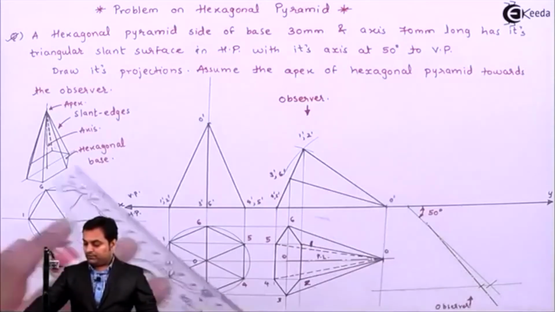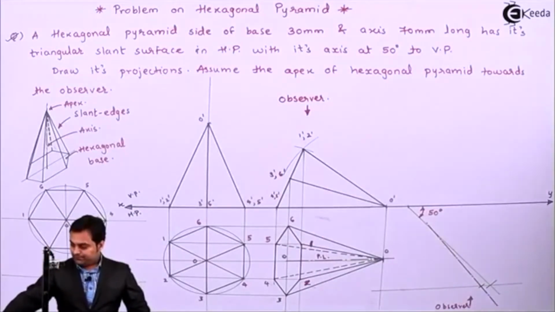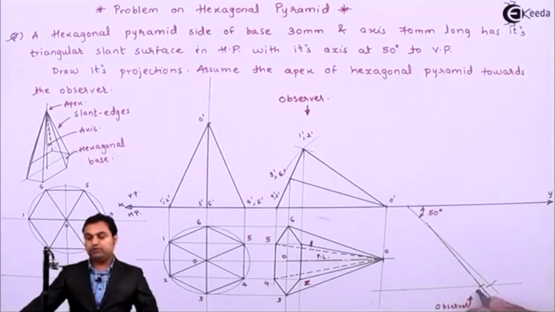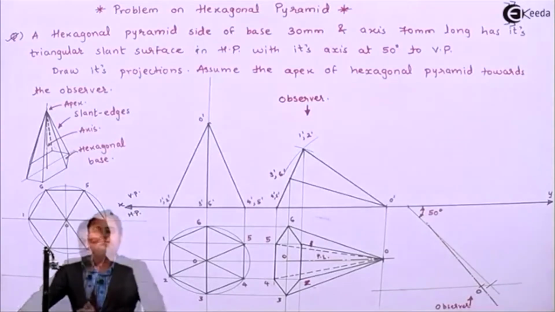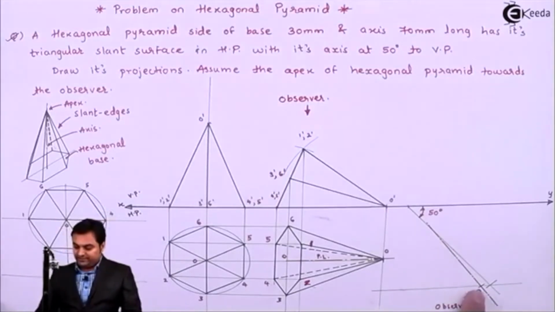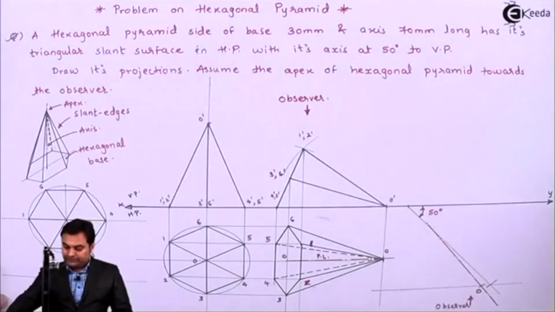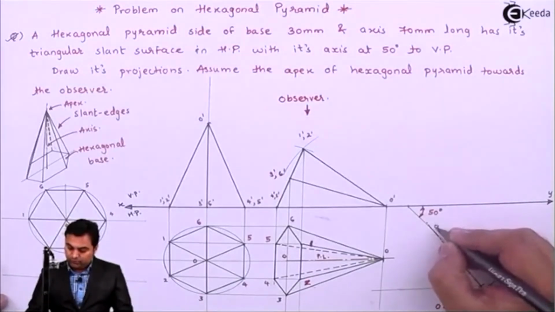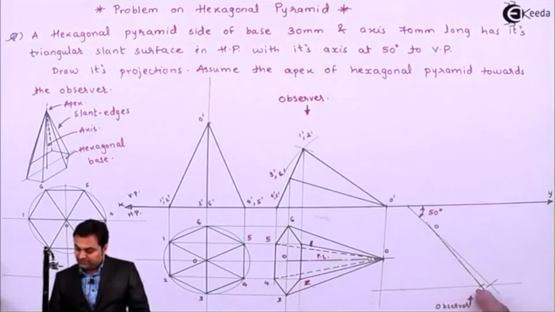Now here is the point of the apex, point O, because in the question it is mentioned that apex should be closer to observer. So now, after getting the apex, here this point which I have used as the reference is nothing but point O, which is here, and the apex is tilted here.